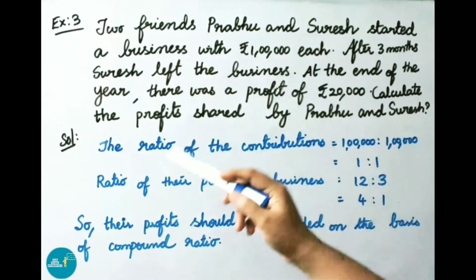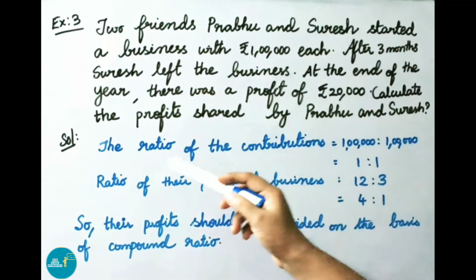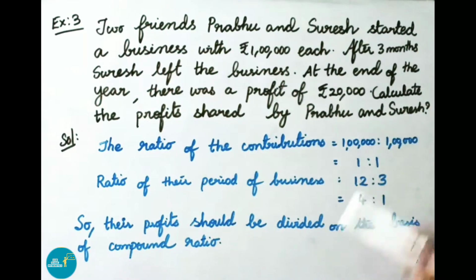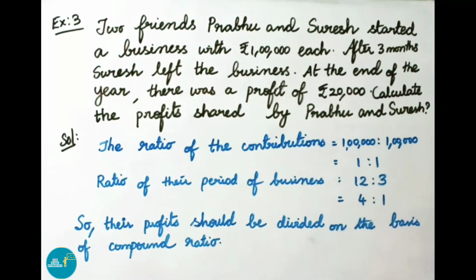At the end of the year, there was a profit of 20,000 rupees. Calculate the profits shared by Prabhu and Suresh. Let us see the solution. The ratio of the contributions is 1 lakh each. So 1 lakh is to 1 lakh, that is, on dividing both terms by 1 lakh, the ratio is 1